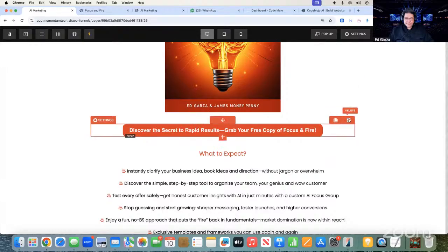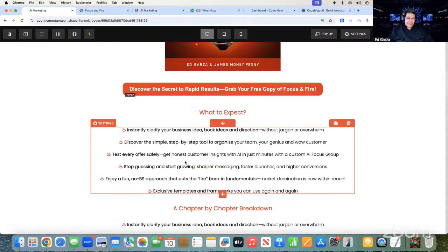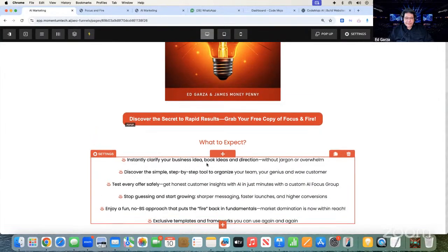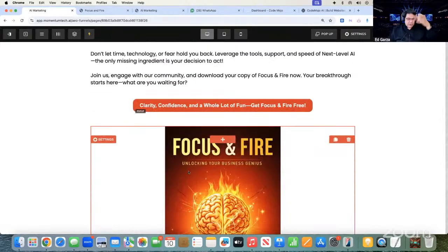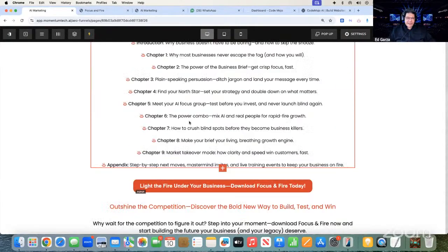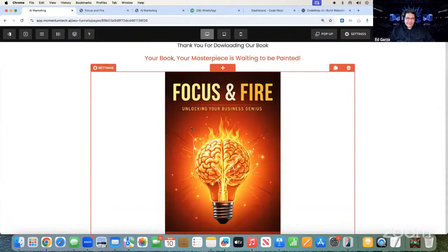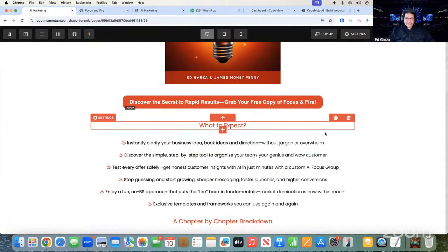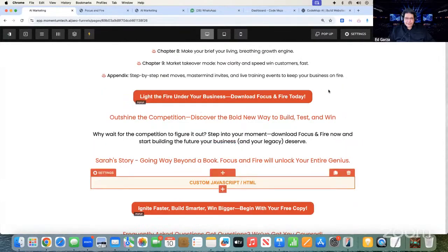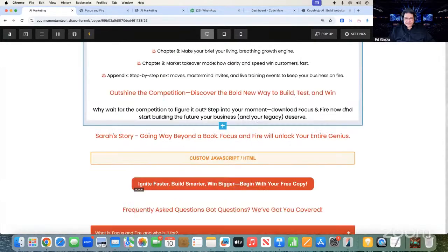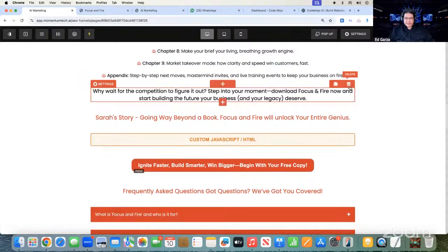And then I could put an audio book in here, right? There's a chapter by chapter breakdown, right? See, so you could do whatever you want to with this, right? You could edit the meat of the page, right? Maybe I just want the book there and maybe what to expect in a chapter by chapter breakdown. And I could just delete the rest of this stuff, right?